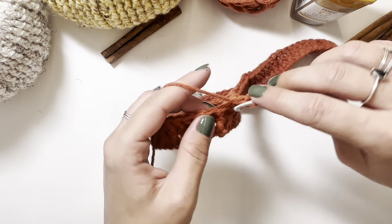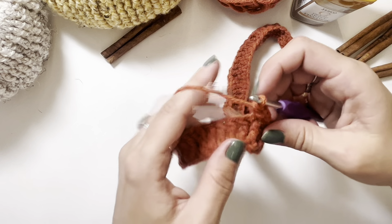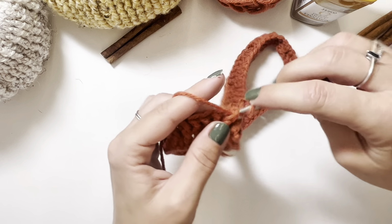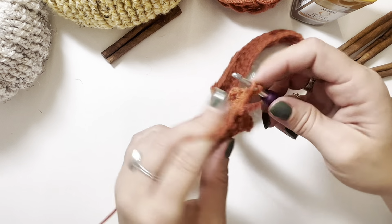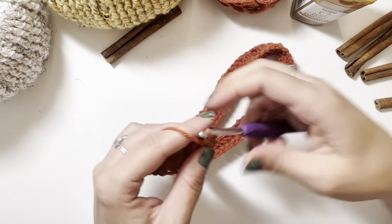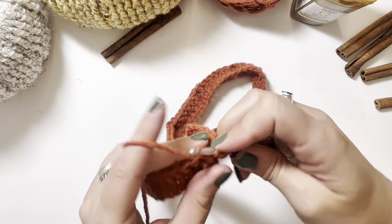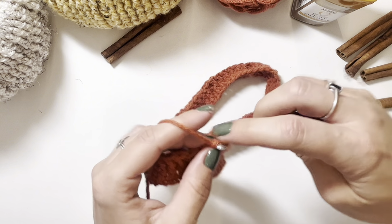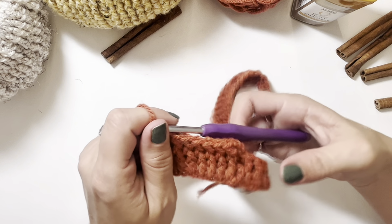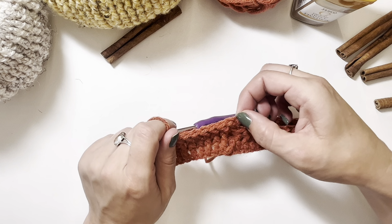So we're just going to yarn over, go behind the post, complete your 6 front post stitches. And then you double crochet to finish off that segment. So you just repeat this all the way around and join again into the top of your chain 3,